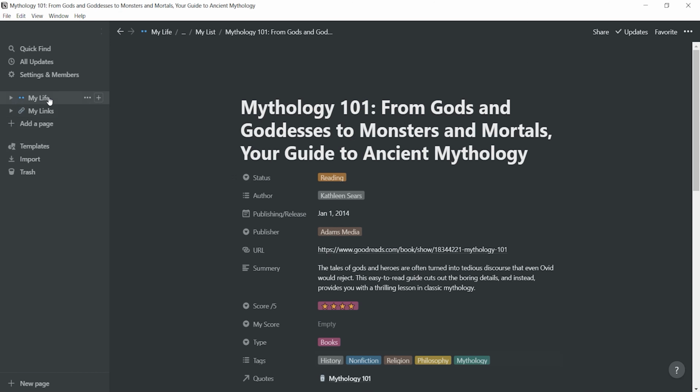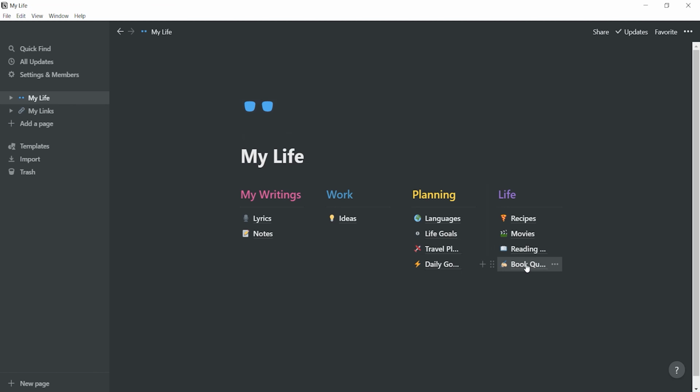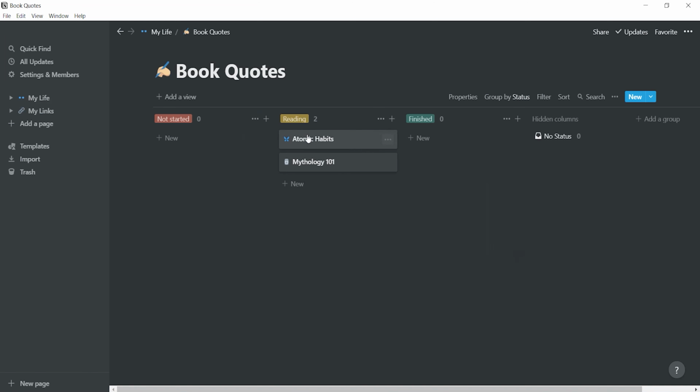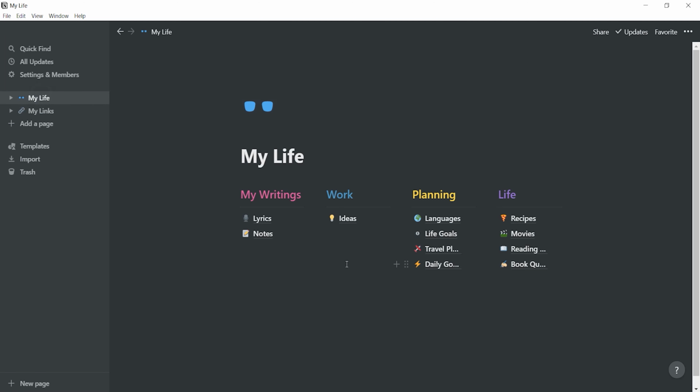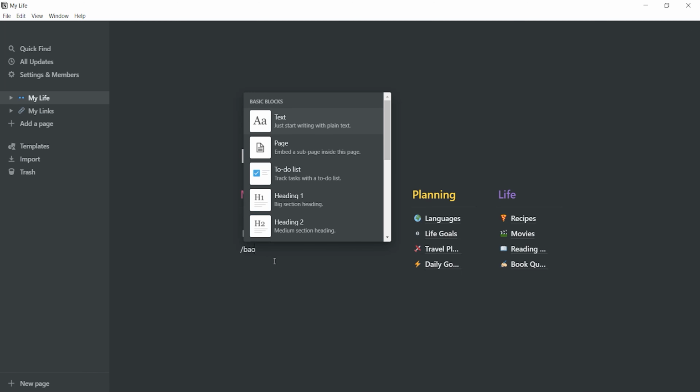We are going to try to link this book, for example, to quotes I will take from this book. I'm going to go to relational database I have created, and it is called Book Quotes. And I'm going to show you that I have two books here, Atomic Habits and Mythology 101. But we're going to do it from the clean sheet. So go back to page where you want to create a relational database. I'm going to do it, for example, here. And you can choose board inline or board full page, or table inline or table full page. It's up to you. I'm going to choose board